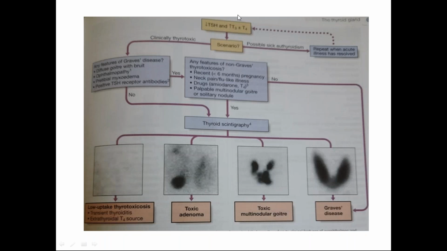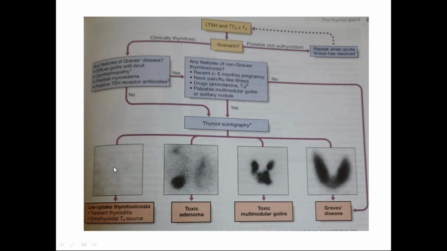So this is another slide. I'll just skip to the thyroid scintigraphy. When there is low uptake thyrotoxicosis, the thyroid gland is not taking up iodine. The thyroid gland itself is normal. There is no abnormal hypersecretion. We have discussed it. There is thyrotoxicosis without hyperthyroidism. So this is the transient thyroiditis, or the subacute or the silent thyroiditis, or due to the extra thyroidal T4